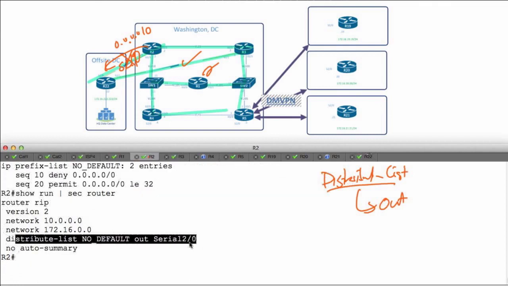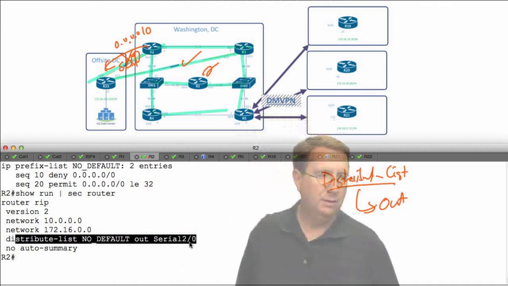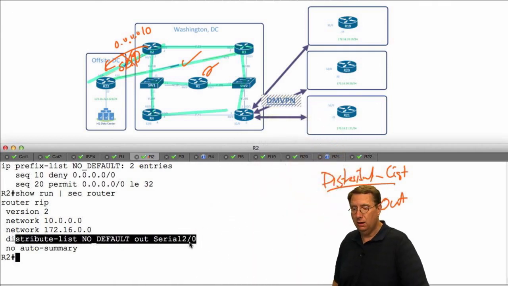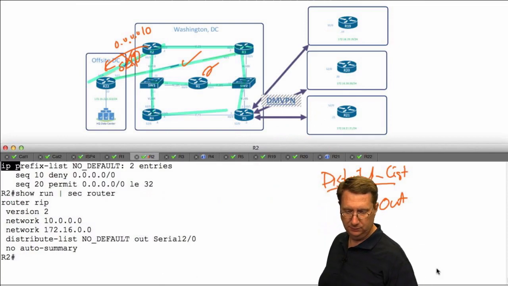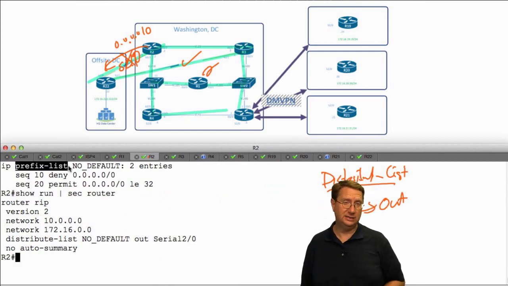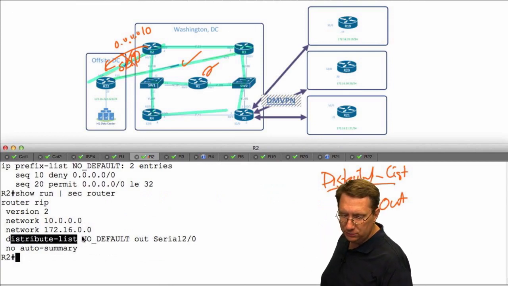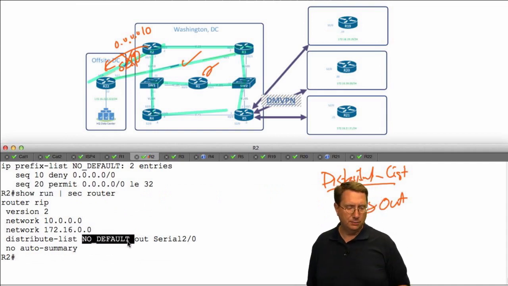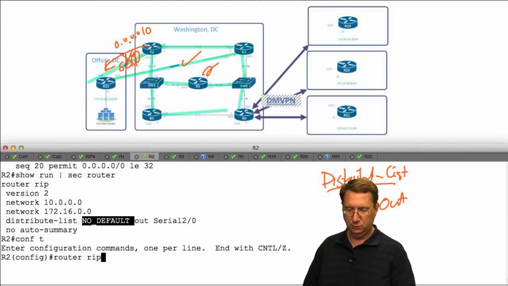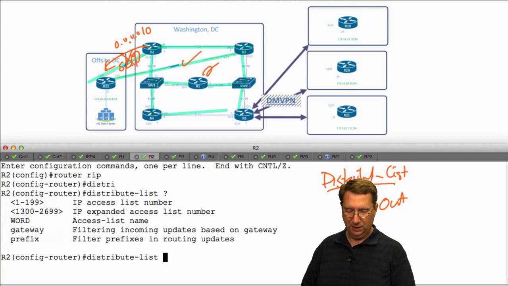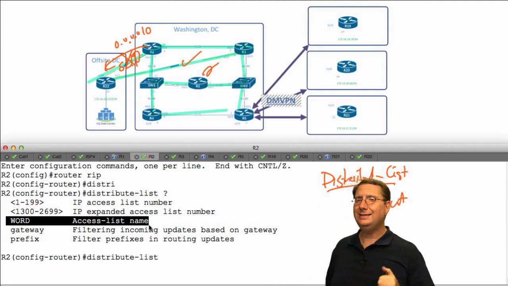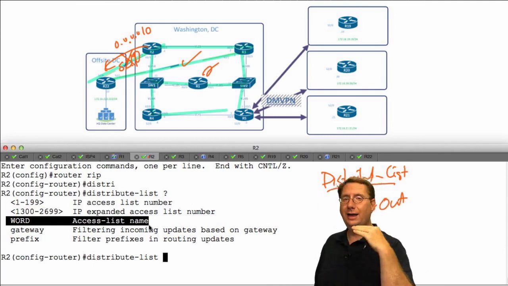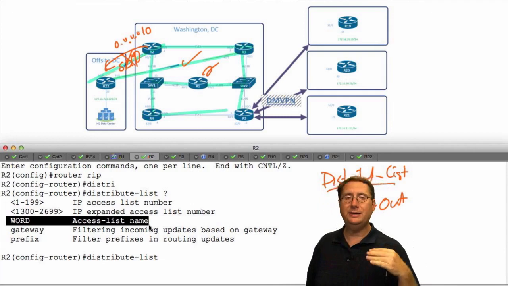You see what I did? Syntax is a bear. What did I use to match the network? I used an IP prefix list. What I did is I did a distribute-list, no default. But when I use that syntax, let's look and see what the system is actually expecting there. Router RIP, distribute list. And if I use an enter, it's using a named access list. So the problem is I configured my IP prefix lists correctly, but I didn't apply them